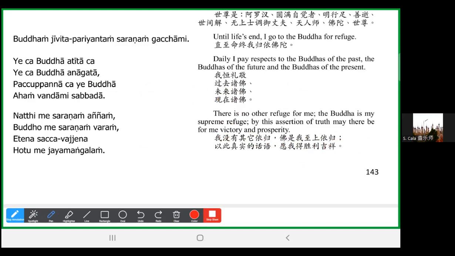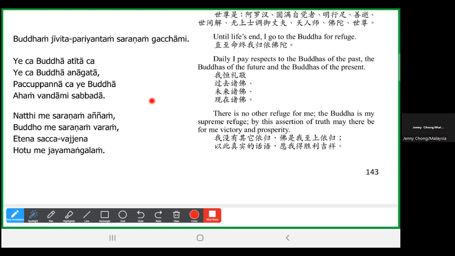So here how many times do you learn? Atita, anagata, paccuppanna. For those who learn Abhidhamma, it is very good because you learn the three times here. The Buddha said any rupa, material, in the past, in the present, in the future. So atita, paccuppanna, anagata. So you have to contemplate all the rupa, all the nama as impermanent, suffering, and non-self. So here you can see the Pali words already. Okay. Any question up to there so far? Okay. Before I continue to the next one.